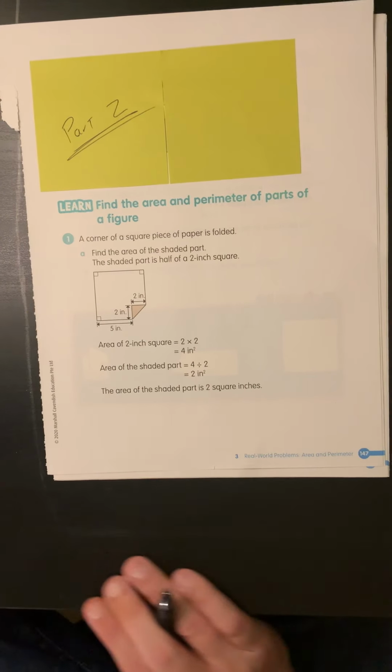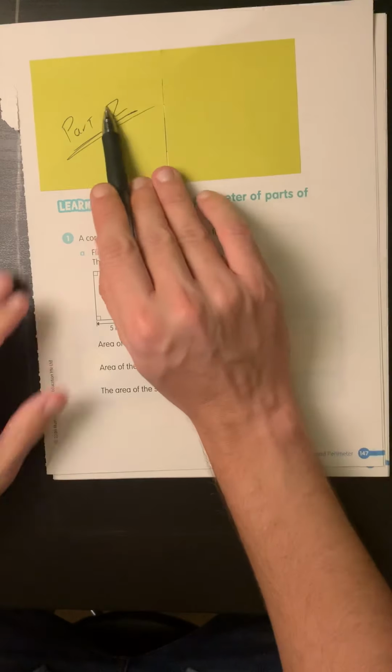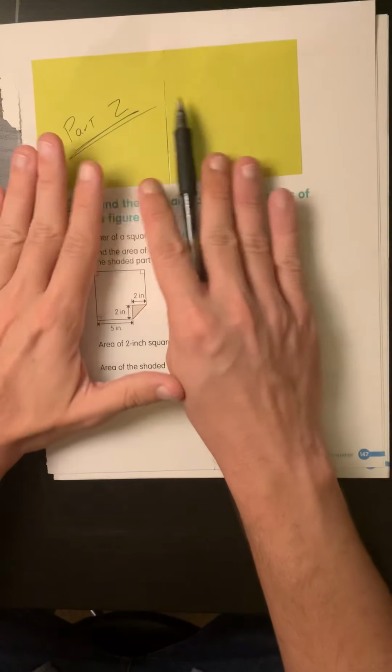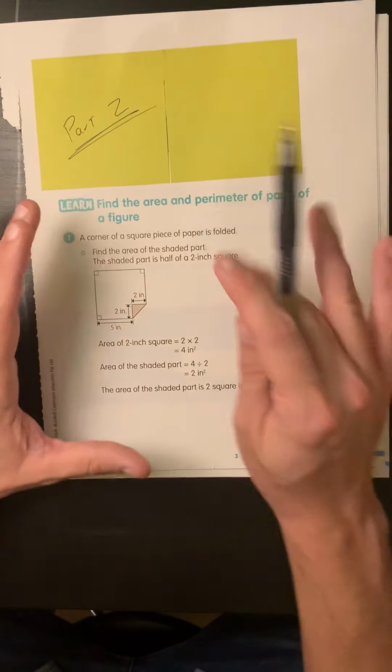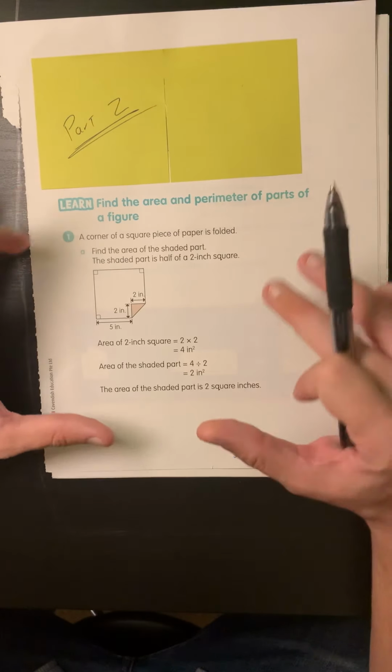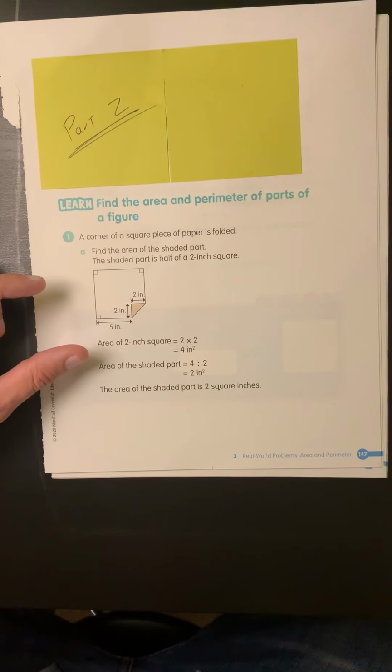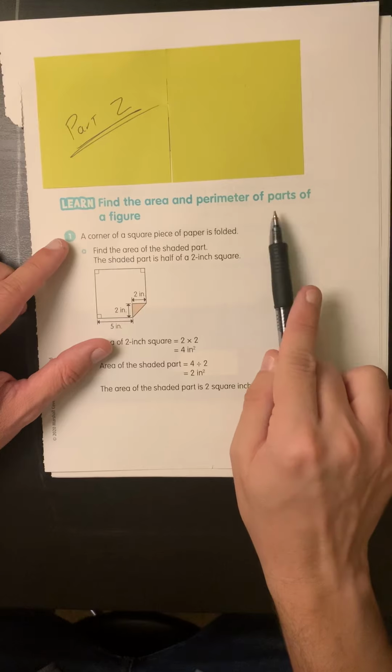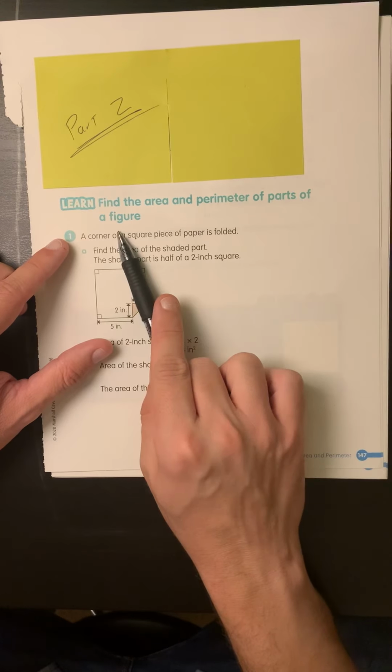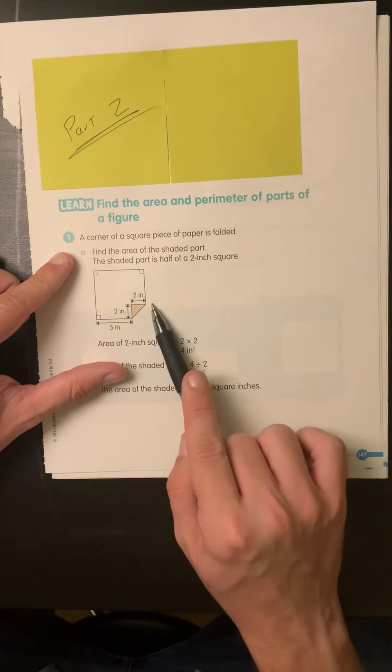This is now page 147. I know there's a problem up here. We're going to skip over that problem. I'm going into the Learn section here. So, to find the area and the perimeter of parts of a figure, we have this sheet of paper with